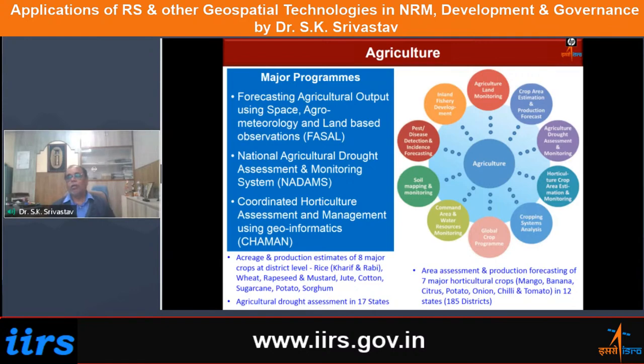So this is a very important field of agriculture, and a lot of inputs from remote sensing data sets are being provided on an operational level. And also there are many things in the research phase currently. The success stories are available. Only thing is that we have to really make them operational so that the country-wide application becomes possible.